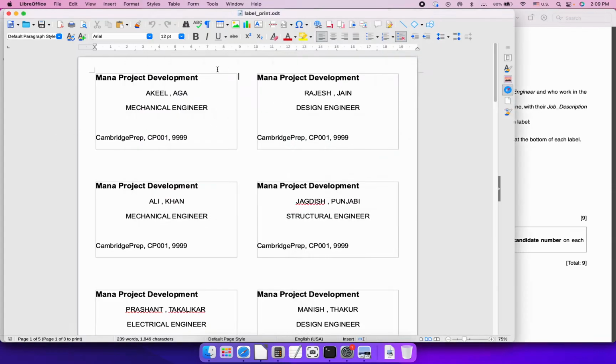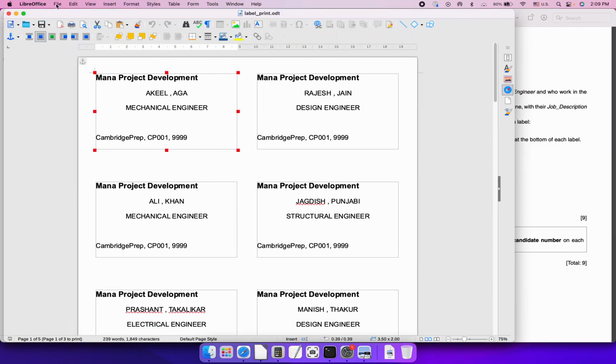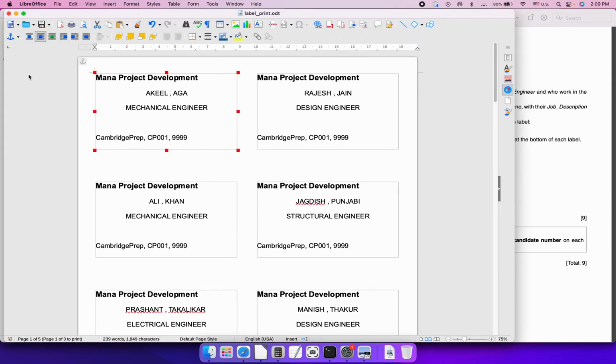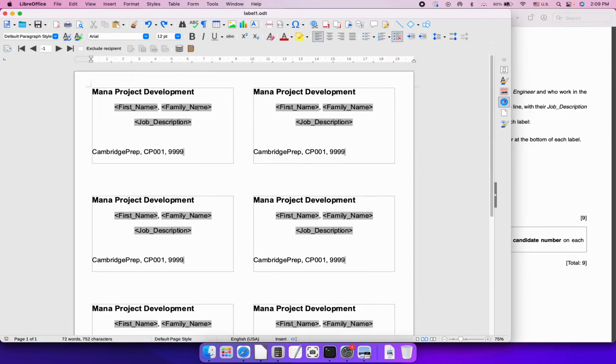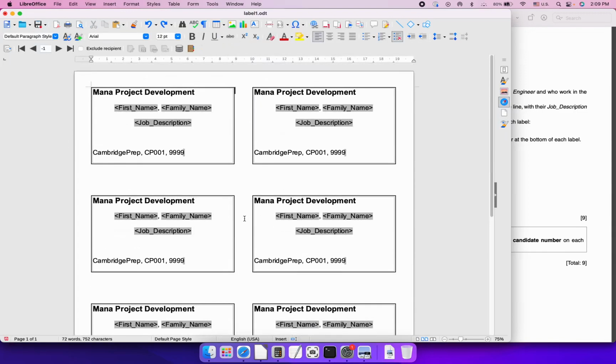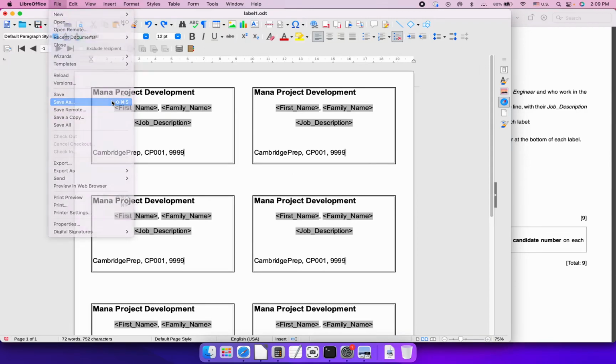So let's get back to here. So we call it label print. We can select this, and then we can give it a border as we have done before. It shouldn't be print, sorry. It shouldn't be this. Okay. It should be the previous one, okay, with the database fields. All right, so if you click here, then we can select the border style, and you can see that it is applied to all the cards. This is what we will save,